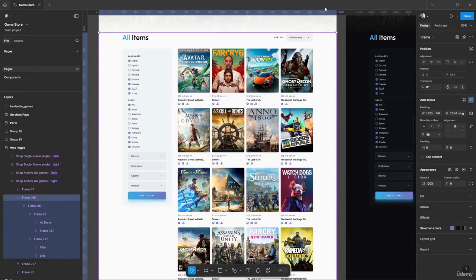We continue working on the project. In this lesson, we will work with the game archive block. I will show you a method that can be used not only for online stores. Right now, these are products, but in general, what I will show you, this code can be very easily adapted